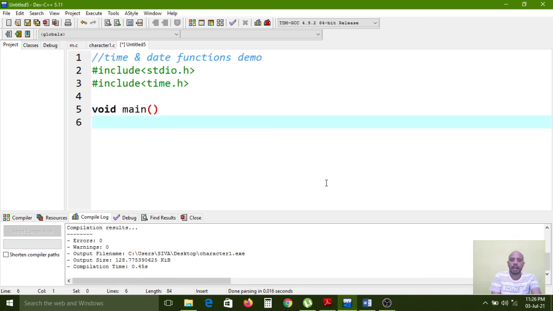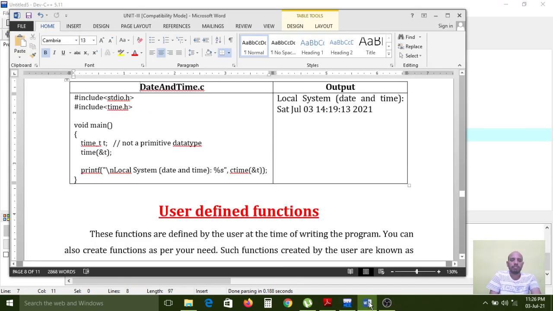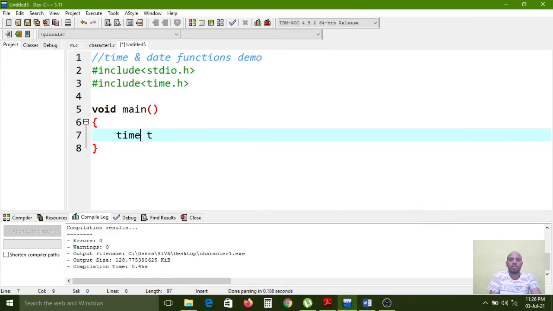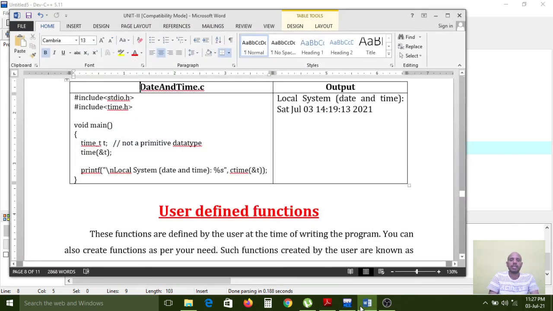Now I want to print my laptop date in the console. So how will it print? First we need to create an object of time_t. Time_t, this one. For this I want to create one more variable. This definition is available in this library only, so that's why I have created that related object. This t is the reference of time_t, so instead of using time_t, we can always use t only. That is the meaning of that one.